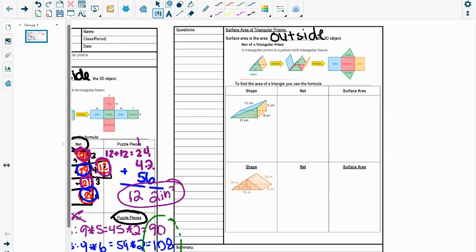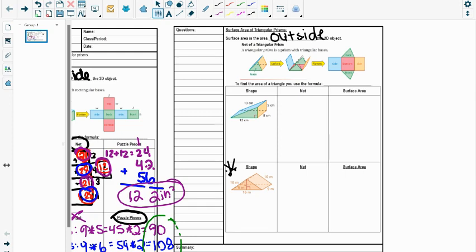of the 3D object. So in a triangular prism, again, we're talking about how much cardboard covers it, how much wrapping paper would cover that box, how much fabric a tent would need. For example, a tent would look something like this example down here. So how much fabric is needed to make the tent. Those are all surface area because it's the amount of space around the outside of a 3D